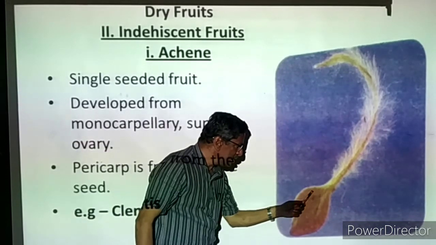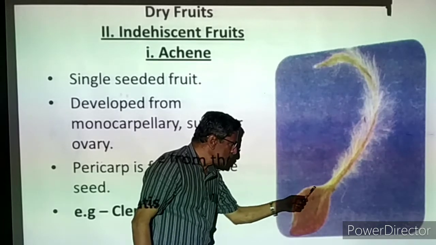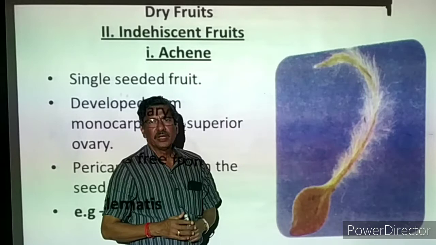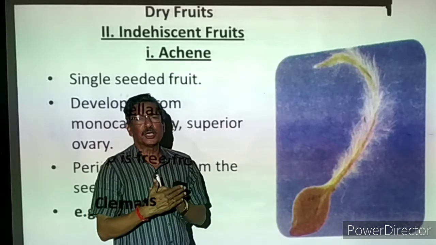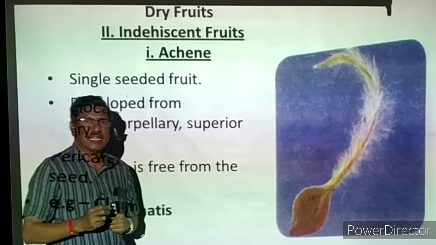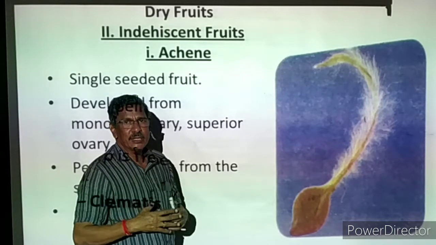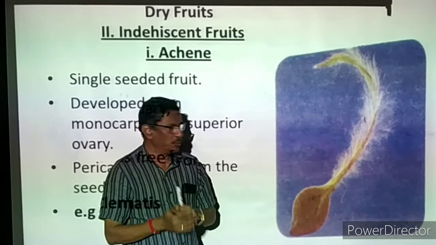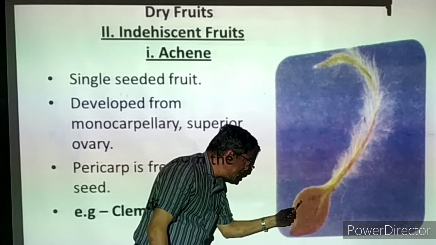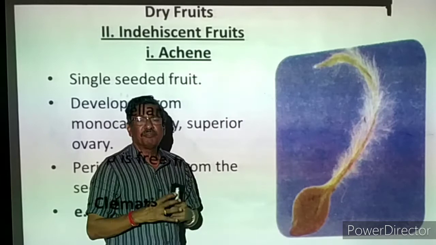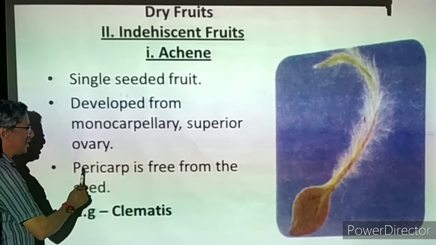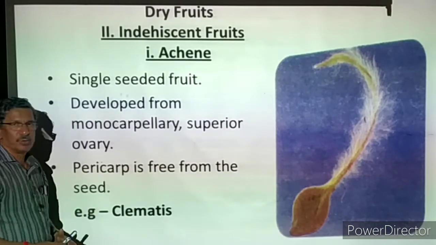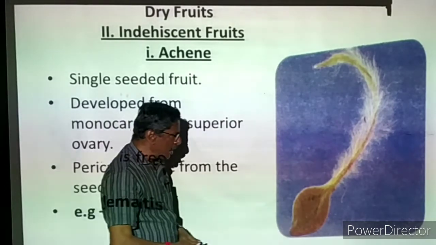Now inside the fruit, the seed is there. Outside, the protective thin covering is there. It is called the pericarp. The seed is having its own protective wall called the seed coat. Every seed is having a seed coat. The seed coat color may be different, okay, but the seed is having an outer covering called the seed coat. So the seed coat and the pericarp, they are fused or free. We have to see that the pericarp is free from the seed or seed coat.